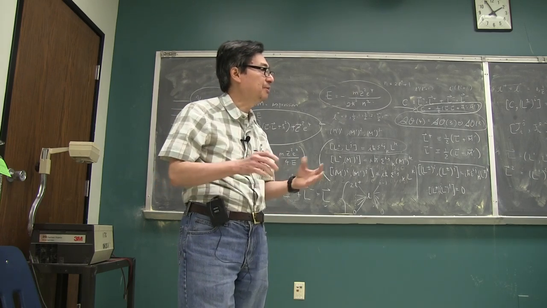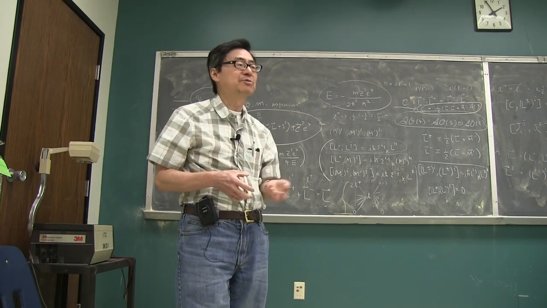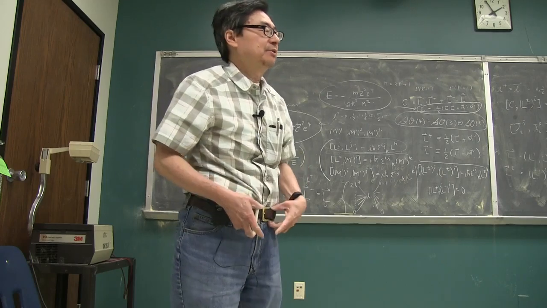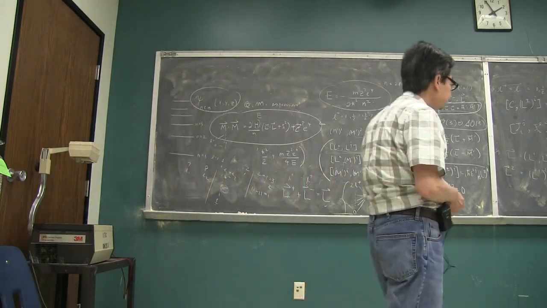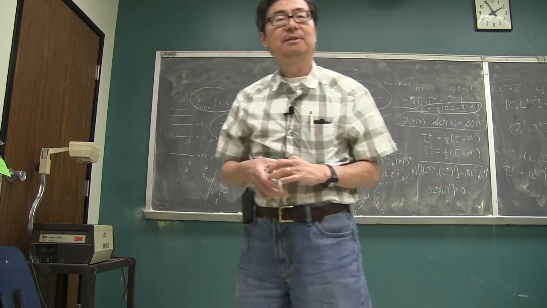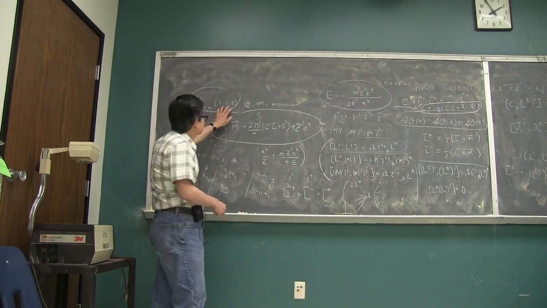But as it turns out, the wave function approach is only useful, or at least in principle useful, when you deal with a fixed finite number of particles, okay? So that you can actually write the wave function in terms of